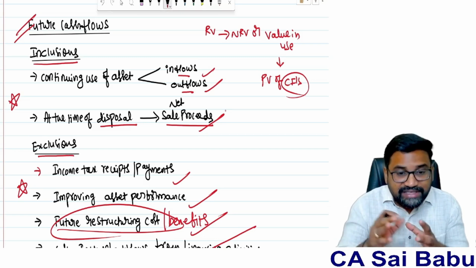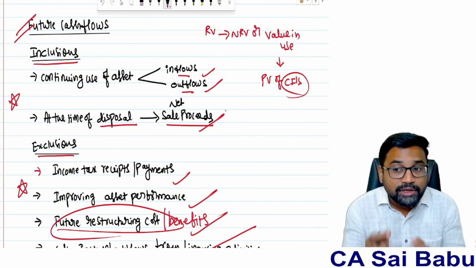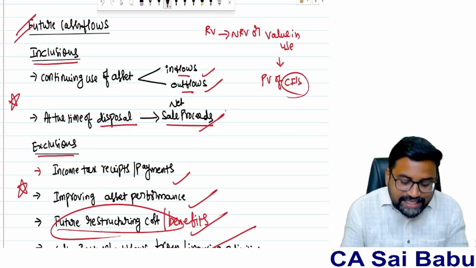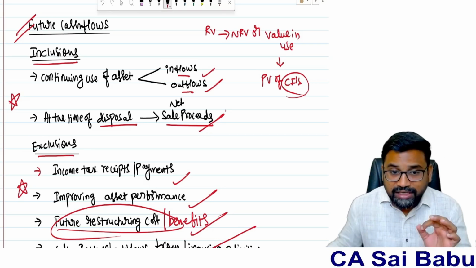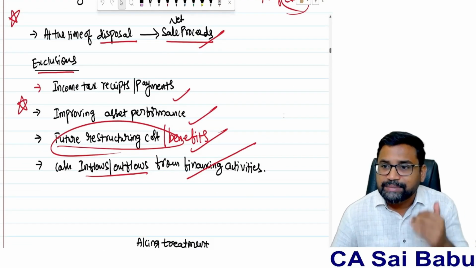After the 10 years, if I sell this asset in the market, how much am I going to get? That is a kind of residual value. But remember, you have to reduce the cost of disposal. Now, the net sale proceeds will be considered as a part of the future cash flows. But important here is, there are some exclusions which we will not consider as a part of the future cash